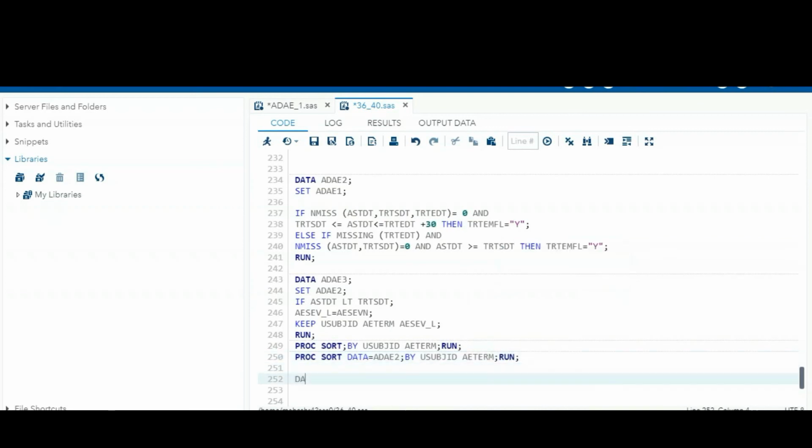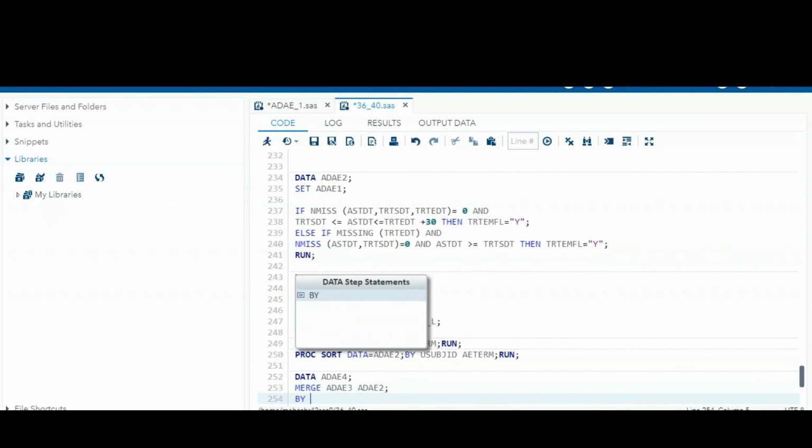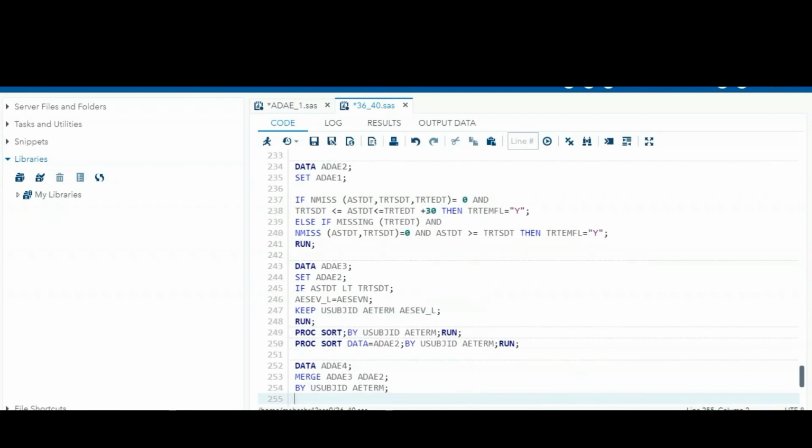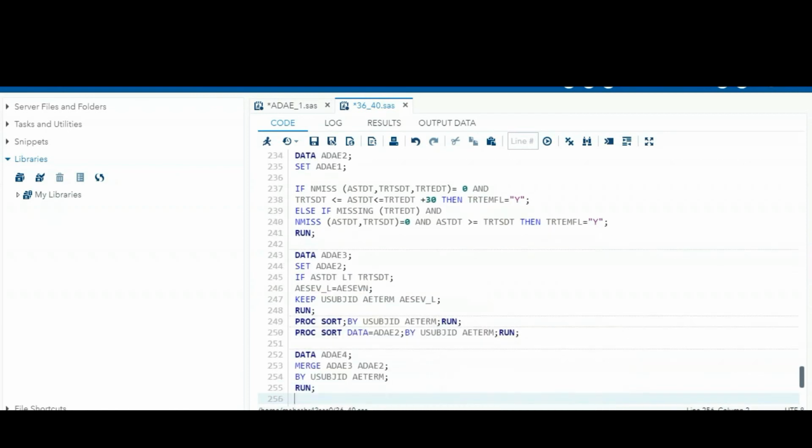Okay, so now you can create the data set ADAE4, merging ADAE3 and ADAE2 by subject wise and AE term wise. Here generally we have to pick the last record.